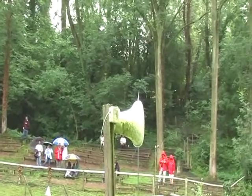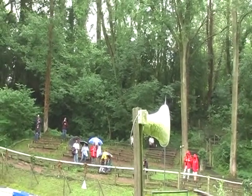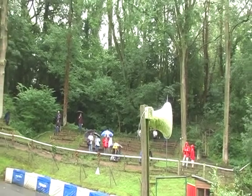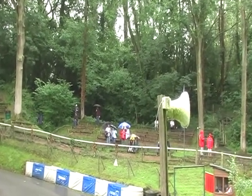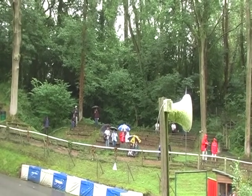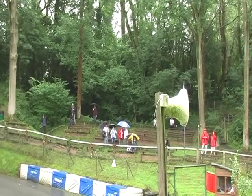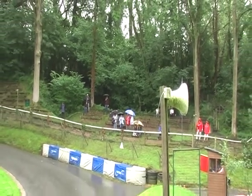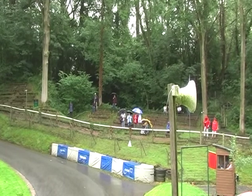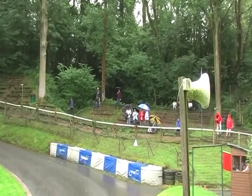We do have some interesting cars here, and we'll have them running in just a second. I'm not sure how much you can hear me up the hill. We have it up and running, that's good. We have a parade of interesting and significant Alfa Romeos, and the first car in the queue behind the pace